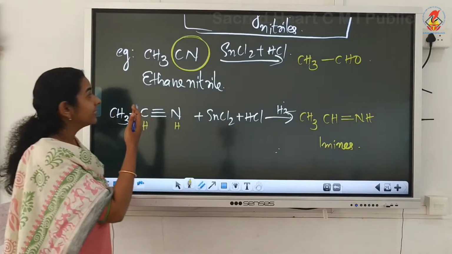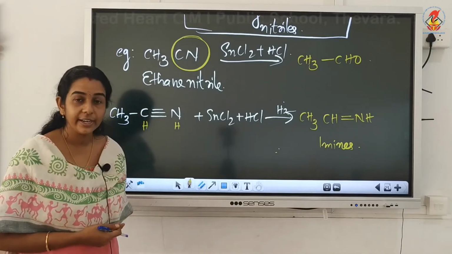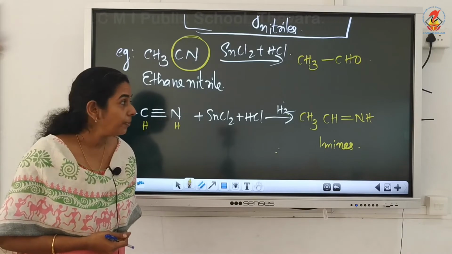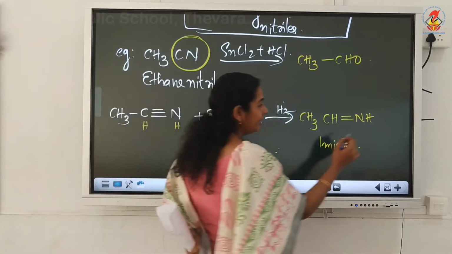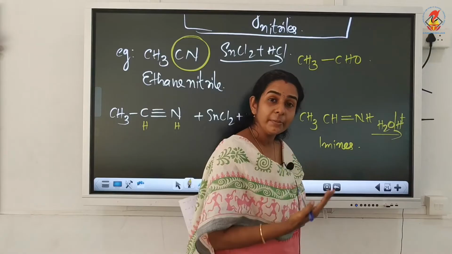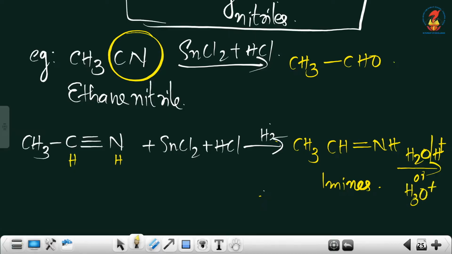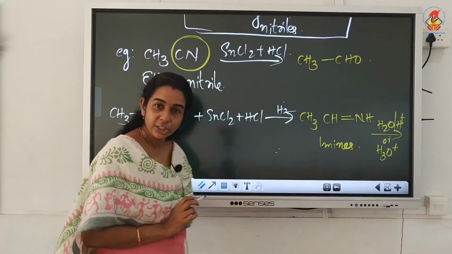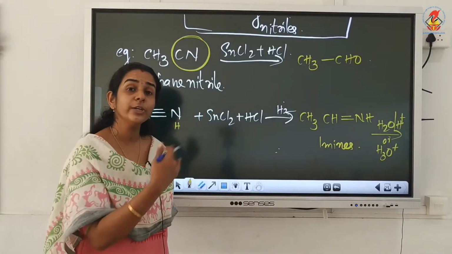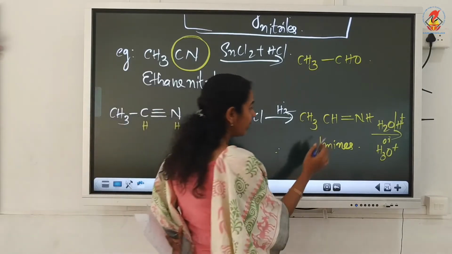So in Stephen reaction, when we convert cyanides or nitriles to aldehyde, first we are getting the intermediate compounds called imines. And which on hydrolysis? For hydrolysis, usually we are using acidified water, that can be written as H2O/H+, or the same can also be written as H3O+, because H2O plus H2O we are getting H3O+. Both are correct, but no need to write both above the arrow. So first we are getting imines, which on hydrolysis.